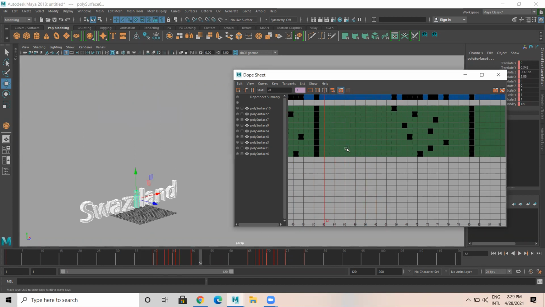Then again, there is a randomness here also. Click, middle click, you have to move.